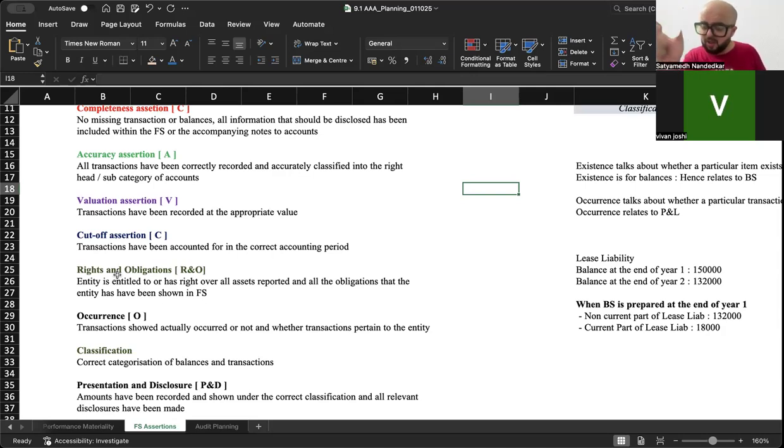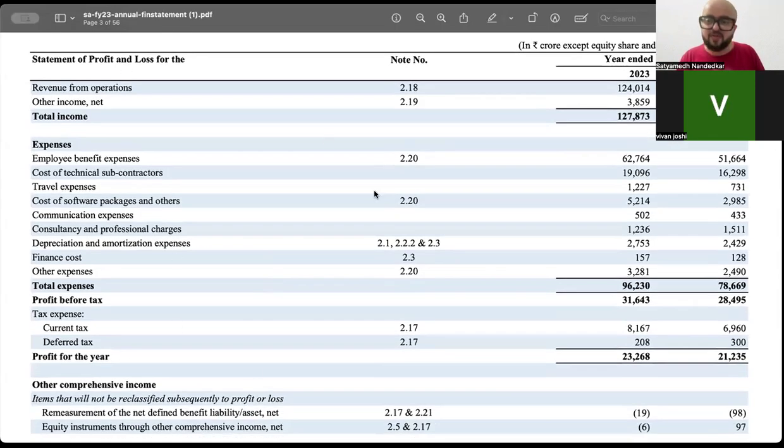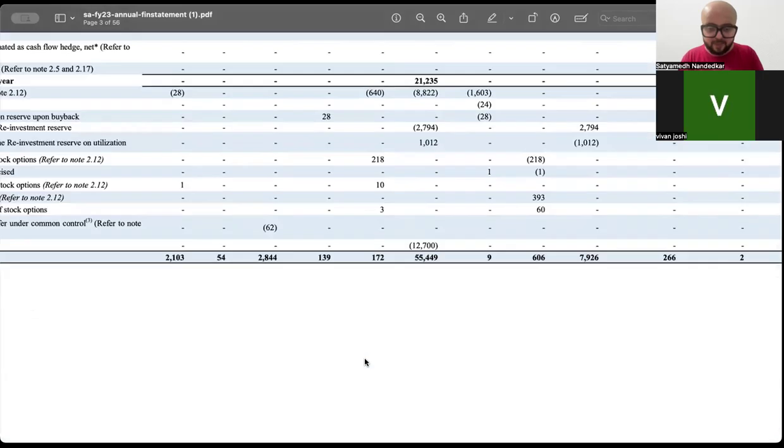Presentation is how are the items presented, how are the items shown on the face of the financial statements। When I say face of the financial statements, what I mean is जो बैलेंस शीट है, जो P&L है, उसमें जो क्लासिफिकेशन है, उसमें जो ब्रेकअप है, whether that has been done in the manner expected, and disclosure is additional information below the balance sheet। अब अगर आप ये बैलेंस शीट P&L देखेंगे, so this is the face of the financial statements। When I write an item here called revenue, this is presentation। When I split tax into current tax and deferred tax, it is presentation।